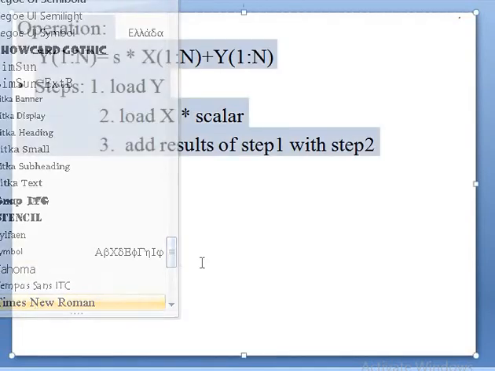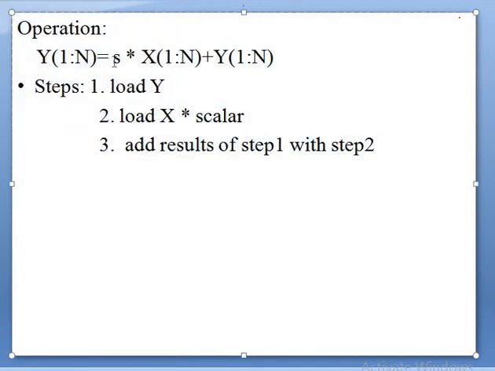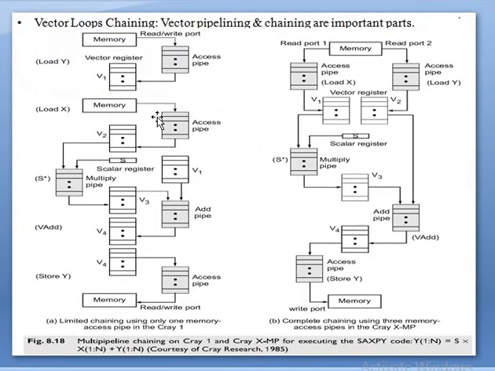So the operation is scalar into x as a vector plus another vector. Here, always first try to get the free vector loaded. The second vector, whenever we fetch it, at that time itself we have to multiply, so we get a result from step 1 and step 2. Add both the results which we have got in step 1 and step 2. Let me first give limited access. Limited access means one at a time.